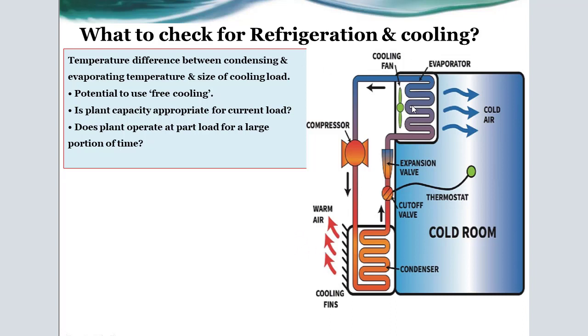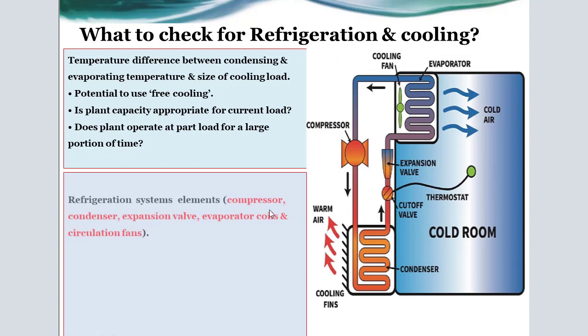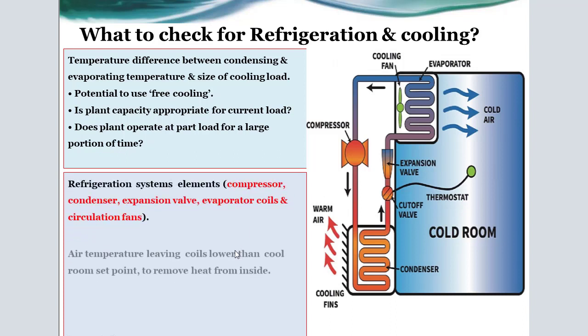refrigeration and cooling unit comprises a compressor, evaporator, condensing unit, expansion valve, cut-off valve, and thermostat, and this is the cold room, of course. And as we see, these are the passages for warm air, and also these are the passages of cold air via the radiator. Okay, and as we see in this diagram of the refrigeration system,